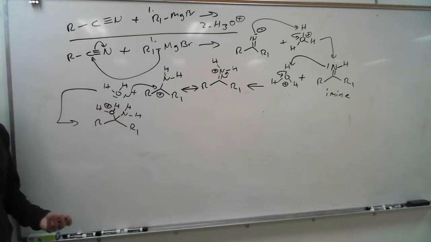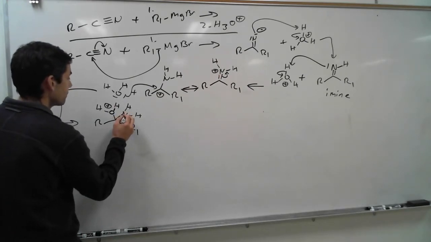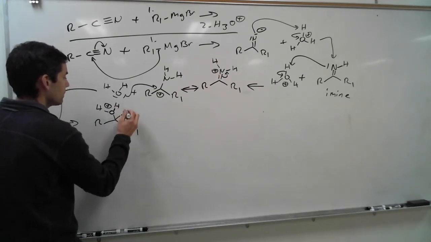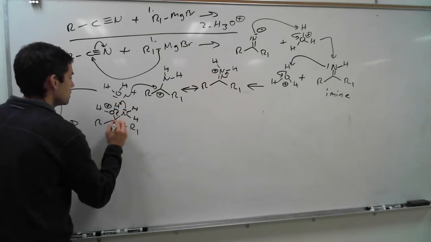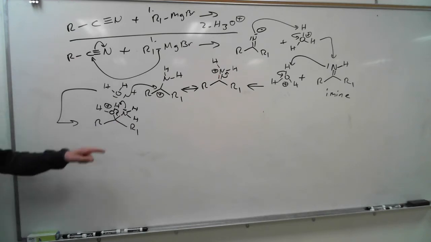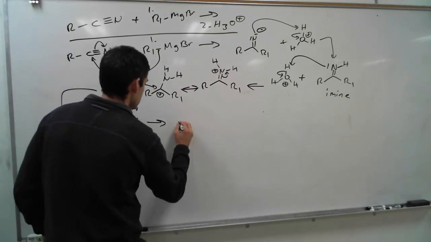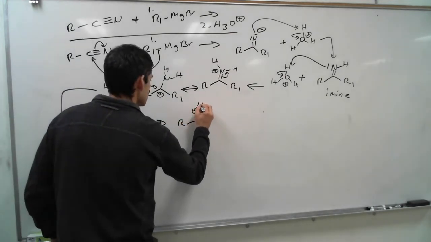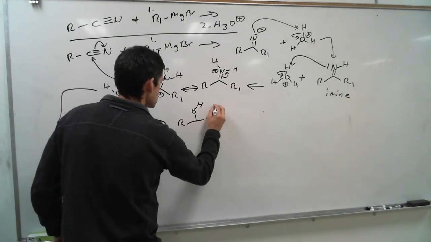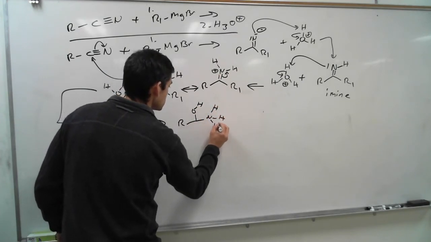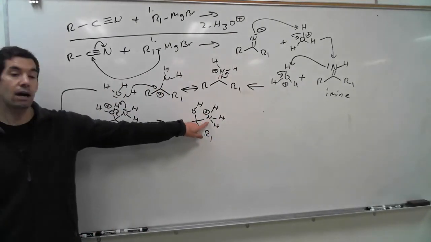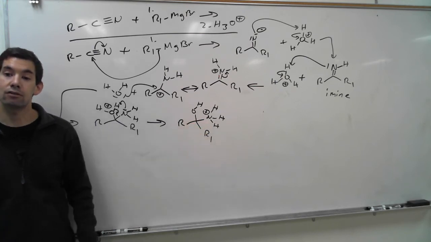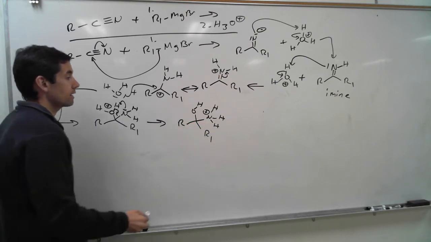What do you want to do now? We've seen this before. Seen this movie before. We're going to do a proton transfer. I'm going to move my hydrogens over to make it look a little nicer. This nitrogen is going to pick up a hydrogen, and the electrons go back to the oxygen to make this species here. Now we generate what? Now our nitrogen is going to be a good leaving group. So now that this group can leave,